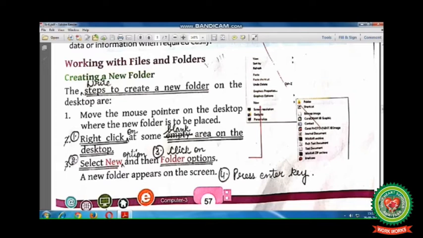Number 2, select new option. Number 3, click on folder option. Number 4, press enter key. Now let's perform these steps practically.